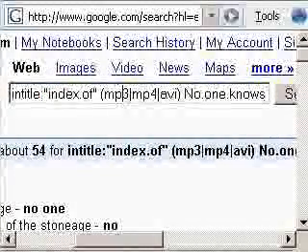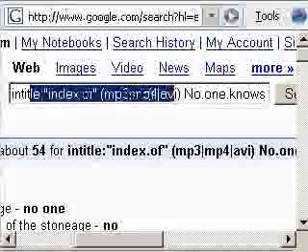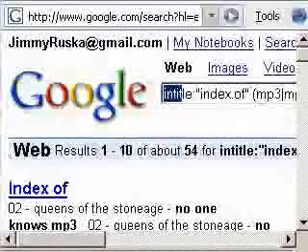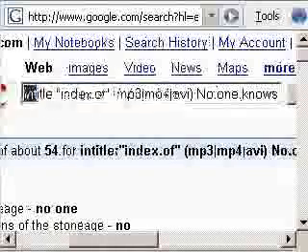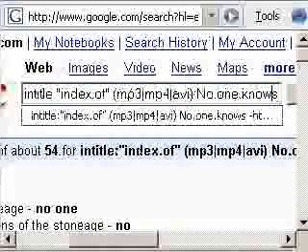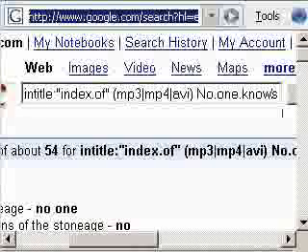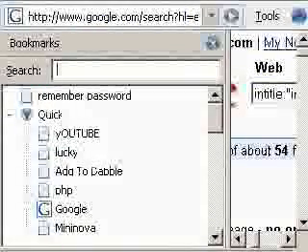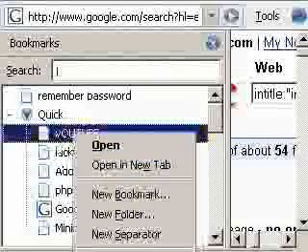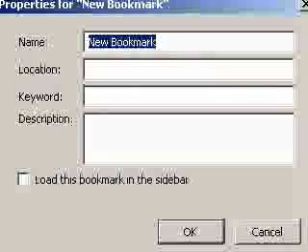As you can see, the title is very long. You don't want to search for this and memorize all this code just to get your file. So what I'm going to do is I'm going to copy the results. And I'm going to click Control B. This is with Firefox only, sorry. And I'm going to right click and I'm going to add a bookmark. And I'm going to say